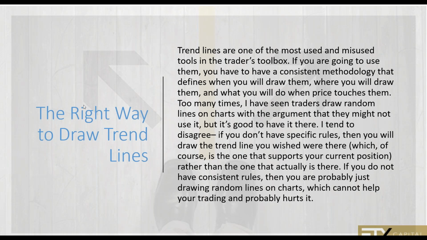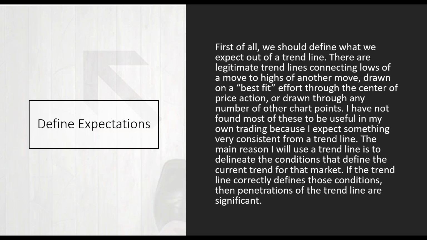And if you don't have consistent rules and you're drawing these random lines on there saying, oh, it's good to have there anyway, well, it really doesn't. It just confuses the situation. And the reason I like trend lines is because they are rule based. It's one of the few things that you actually have on your chart that is completely rule based. Most other things aren't. They're left up to your interpretation. I like starting something from a set of rules